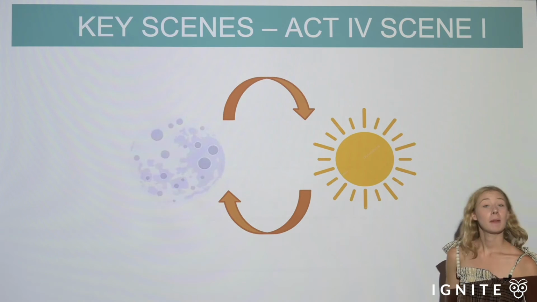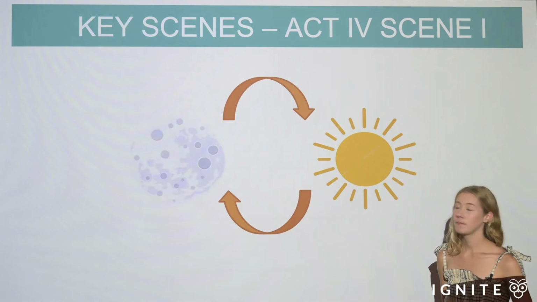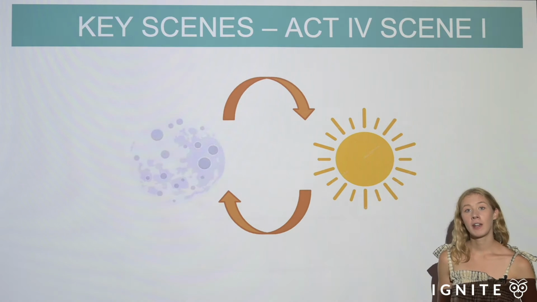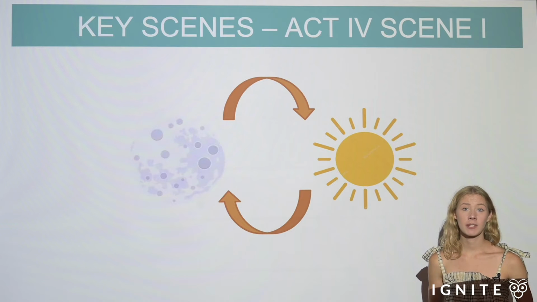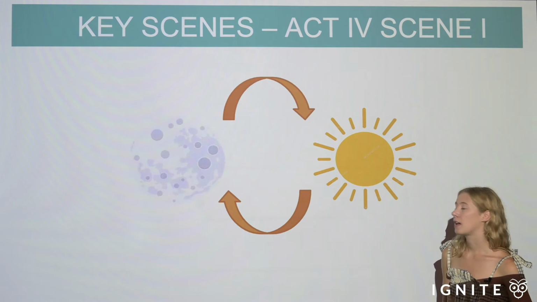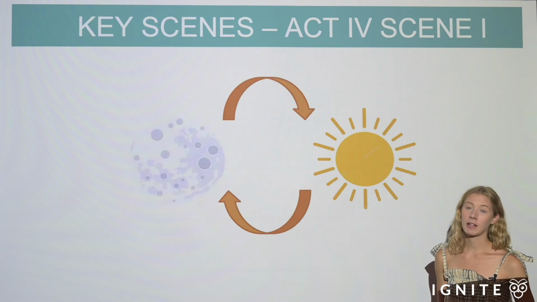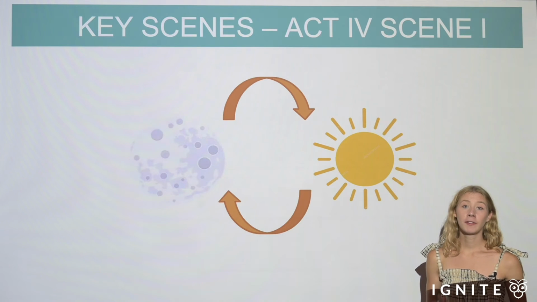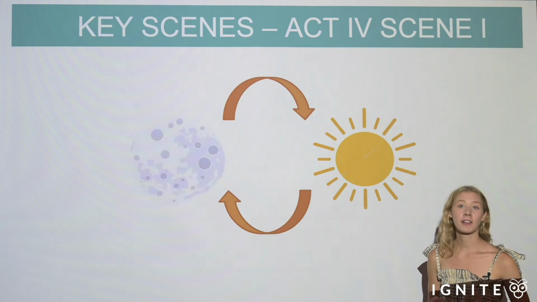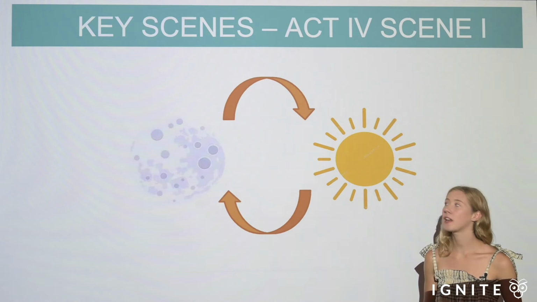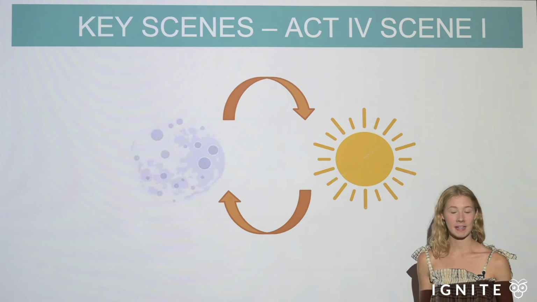So the next scene we're going to be looking at is Act 4, Scene 1. This scene is really important as it looks at ideas of dreams and consciousness, which Shakespeare is trying to explore, and it also looks at the idea of appearance versus reality. This act opens with all of the Athenians put back into their regular relationships, and Puck's meddling has well and truly been resolved, and all of the magical intervention has ceased.